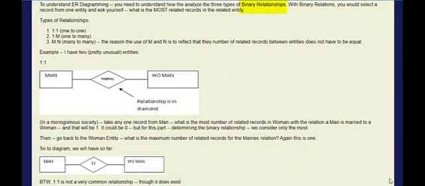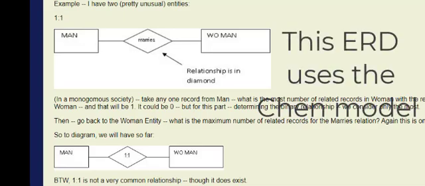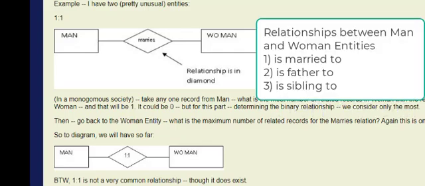Let's review those types of binary relationships one more time. The term binary relationship simply means, binary means two, the relationship between two entities, which is the most common. But you will see in this chapter there are other types of relationships. There's a unary relationship and a ternary relationship. We'll get to that. What I want you to see is I have a man entity and a woman entity, and the same two entities can actually have each type of relationship, one-to-one, one-to-many, and many-to-many,